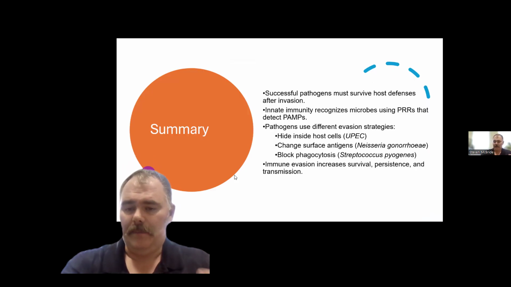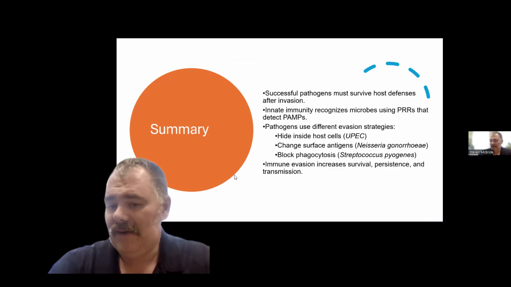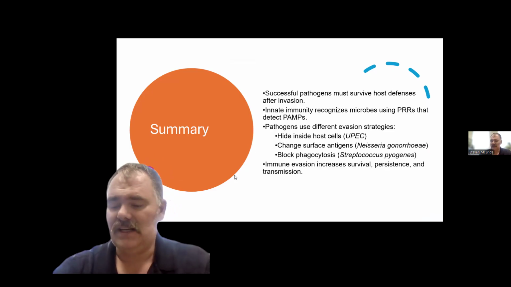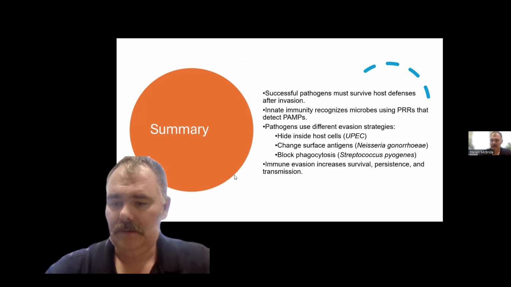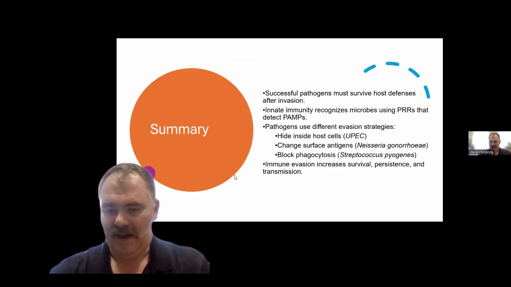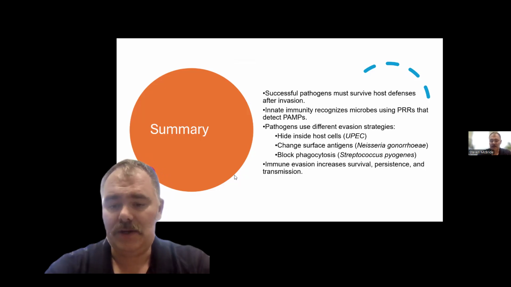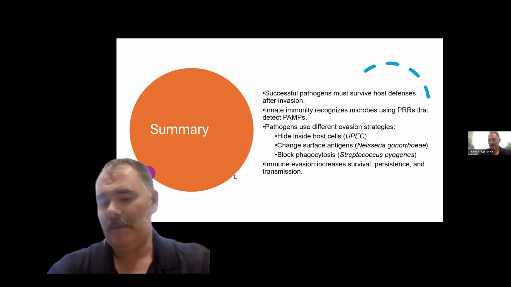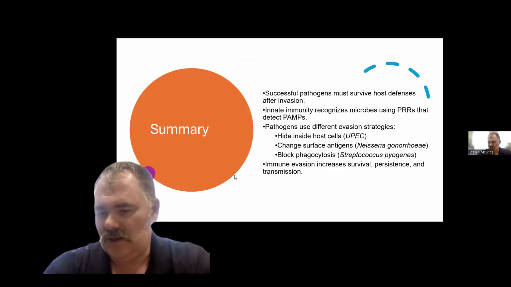So, what have we learned here? A pathogen's job is not finished once it enters the body, and even after it's attached. In many ways, invasion is only the beginning. The immune system immediately begins searching for signs of infection and deploys multiple defenses designed to eliminate the invader. The innate immune system recognizes pathogens through pattern recognition receptors, which detect common microbial structures known as PAMPs, or pathogen associated